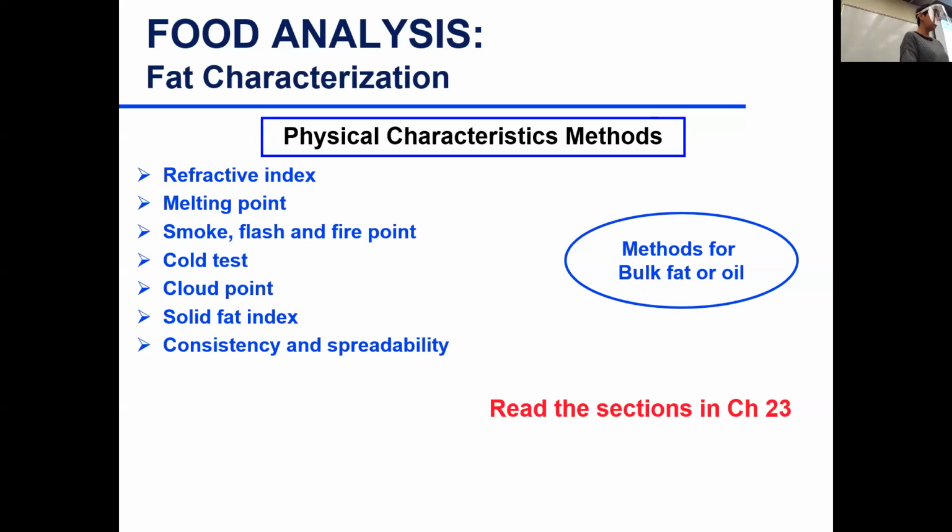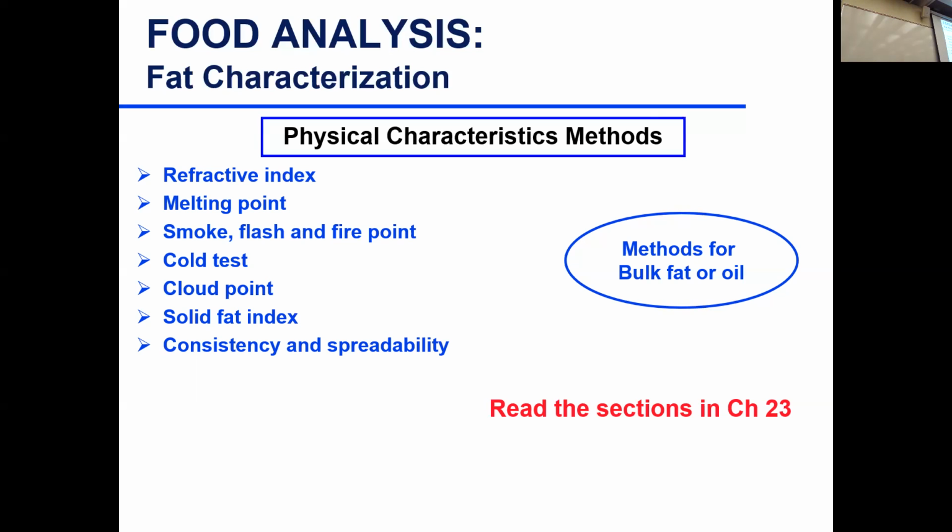So there is a table in your chapter in the book. I just have to figure out which chapter. This newer edition, I don't know exactly the chapter numbers, chapter 23. There is a table that lists refractive index and melting point and other characteristics of the oil that you would need for the lab report, actually. I'm going to point you to that table now so you can write it down. Table 23.2 is a table that you're going to refer to, especially for iodine value or saponification value for the different oils we'll be testing in the lab. This table also has